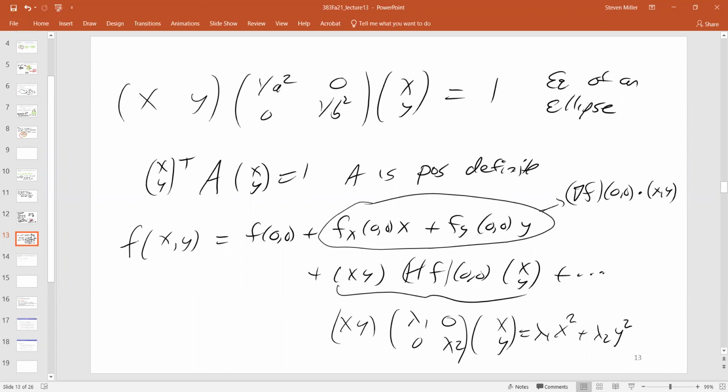Well, my Hessian matrix may not be a diagonal matrix, but if my function is nice, the second derivative with respect to x then y is the same as the second derivative with respect to y then x. So H is a real symmetric matrix, which means it's diagonalizable, which means the change of basis theorem, the principal axis theorem, says I can change coordinates so that in this new coordinate system the matrix is diagonal, and that's where these conditions come from. So essentially, you have a local minimum if all the eigenvalues are positive, a local maximum if all the eigenvalues are negative, and a saddle point if you have some of each.